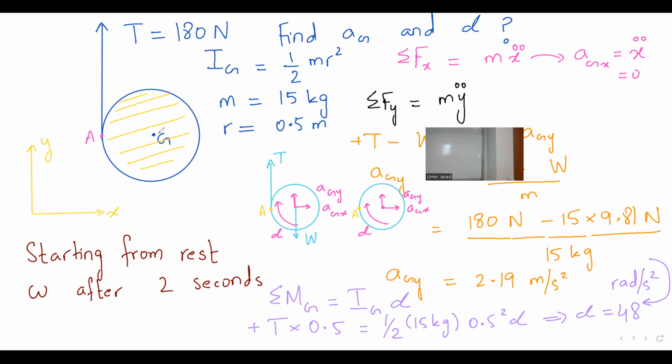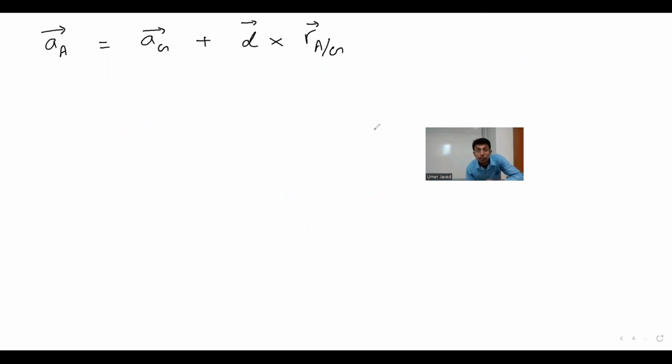Got it? That point A, that's the same A. So you got the AG, you got the alpha. So AA equal to AG plus alpha cross R plus omega cross omega cross position of A with respect to G